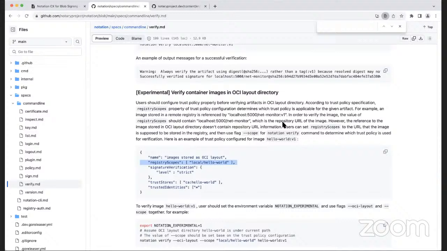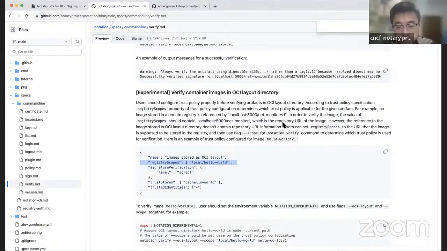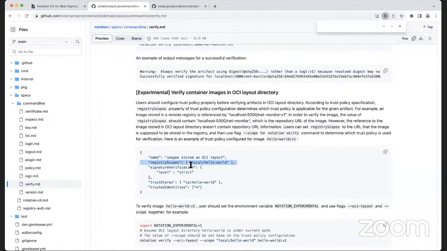Let me get this right. So when we use --oci-layout, is the image locally available on the file disk? Yeah, it's on the file system. So the format of local slash hello world in this example is relative to your local directory?